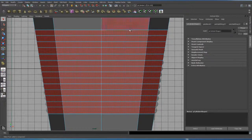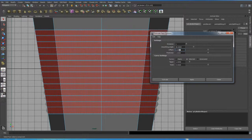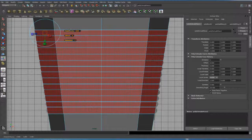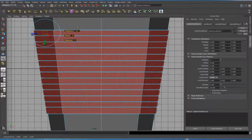Okay, so now I have all of these here, and I'm going to extrude those. And let's take a look at the option box. I just want to make sure there's no offset, and I'll hit apply, and I want to hold control and drag on this thickness parameter and just push those out a little bit like that,